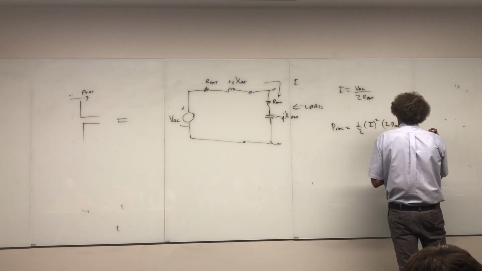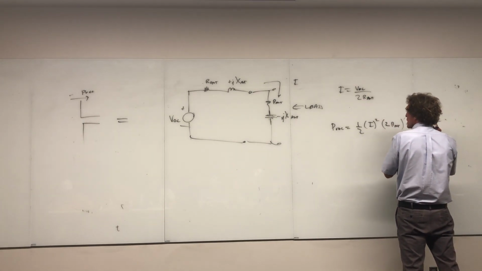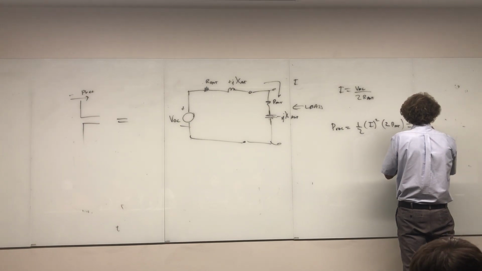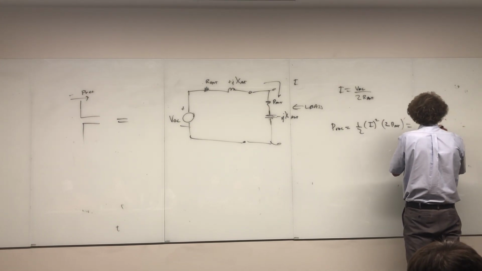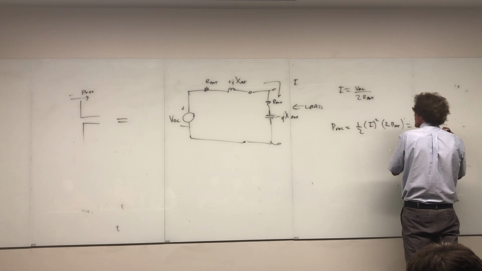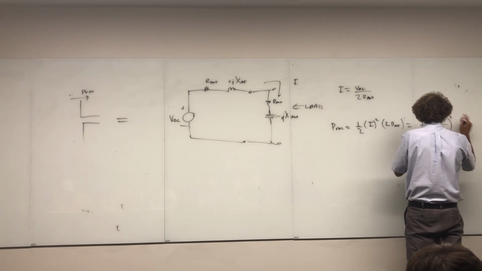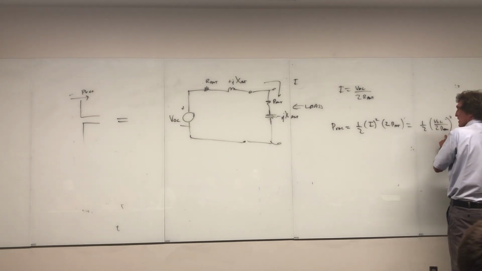And that's going to be equal to 1/2 times VOC over 2R antenna, squared, times